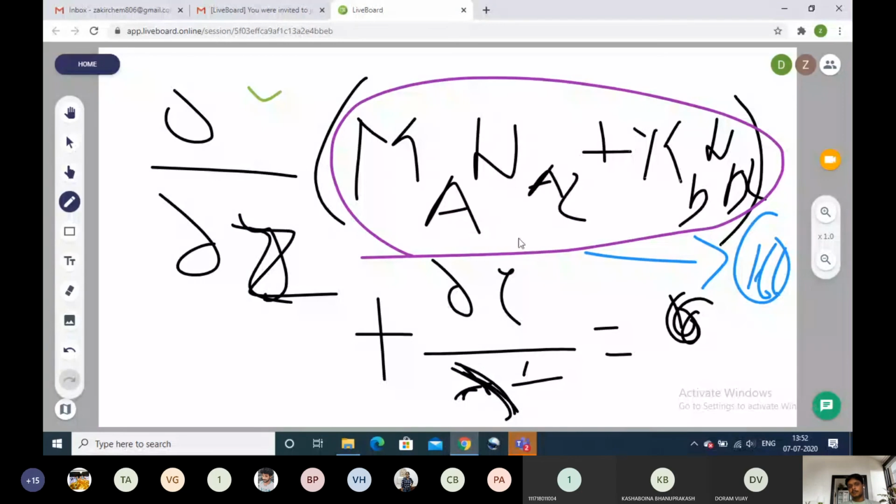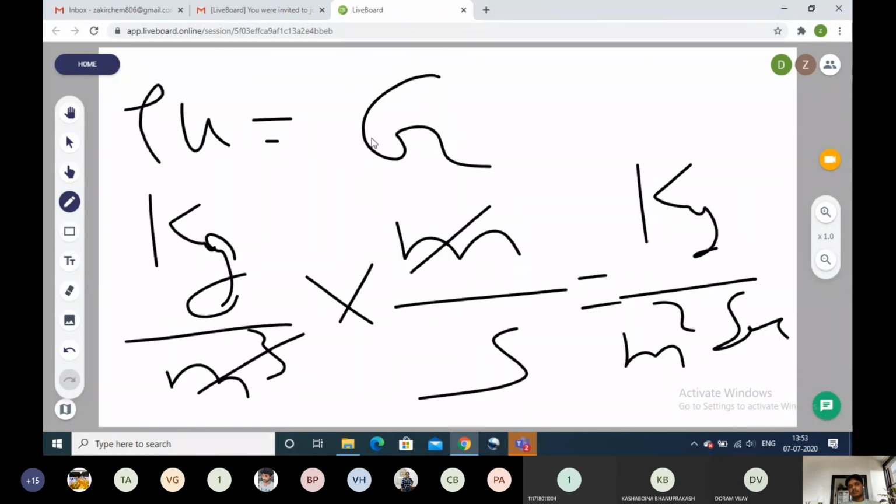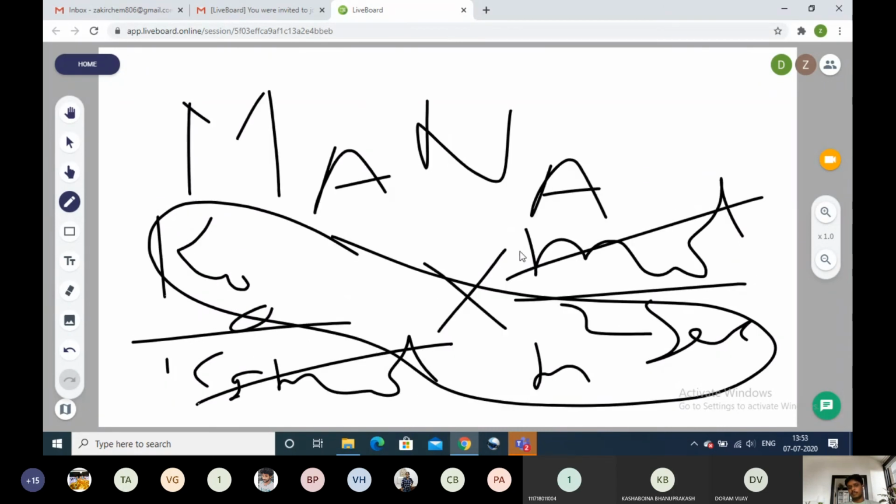So instead of just this term Ma, which is molecular weight, multiplied by the flux equation, we will write this in the form of mass velocity. Mass velocity is denoted by capital G, which has units of kg per meter square second. For the total mass velocity, we can write the sum of the component mass velocities. Total mass velocity G is equal to mass velocity of component A, which is Ga, plus mass velocity of component B, which is Gb. So the total mass velocity G is given as rho into U, density multiplied by velocity. The units cancel out, and we get kg per meter square second.